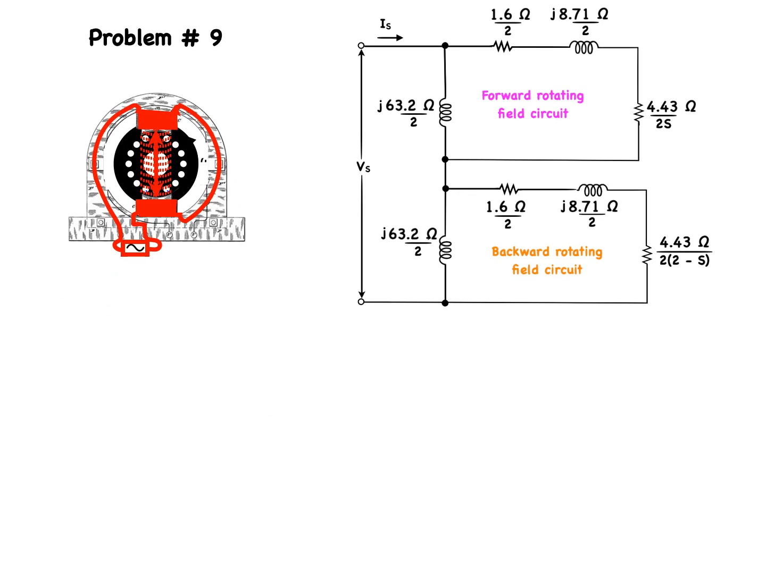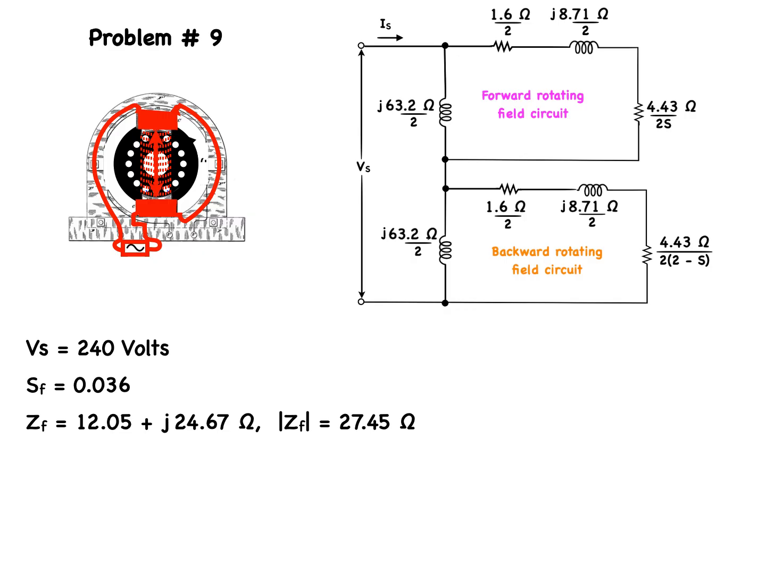For the purposes of this problem, we are applying a voltage of Vs, which is equal to 240 volts, and a load is such that it is causing a rotor slip, SF, of 0.036. Previously, the forward circuit impedance, ZF, has been calculated to be 12.05 plus j24.67 ohms, and the magnitude of which is 27.45 ohms. ZB has been previously calculated to be 1.49 plus j3.89 ohms, and the magnitude of which is